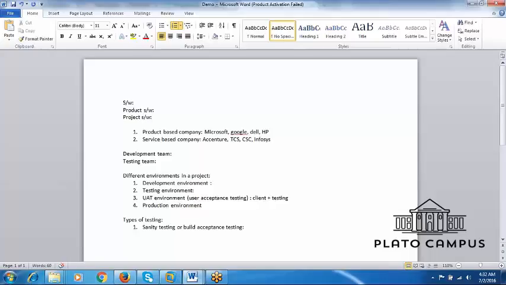You report it to the developer, and the developer will fix the defect immediately. Let's say I give you one application to test. Which type of testing will you perform first? It is nothing but sanity testing.